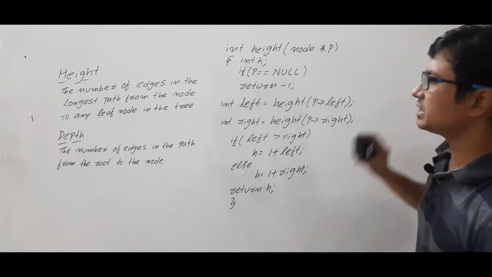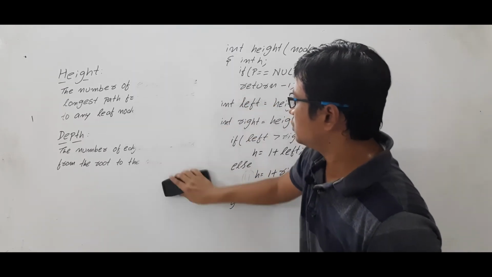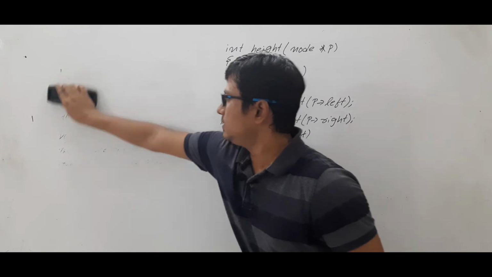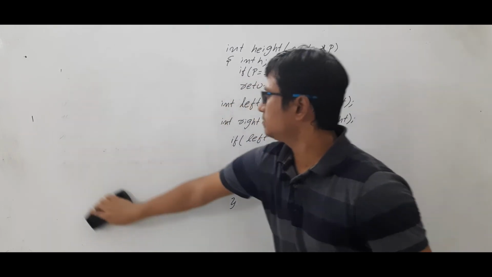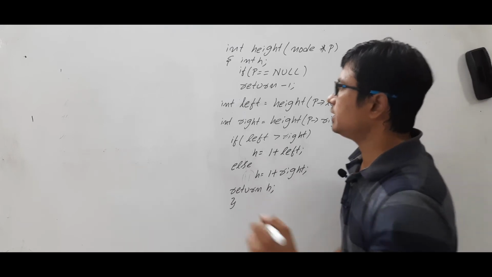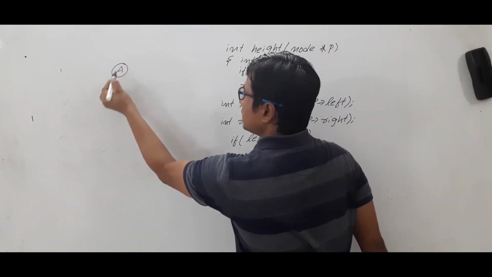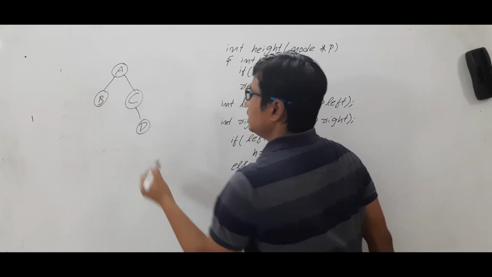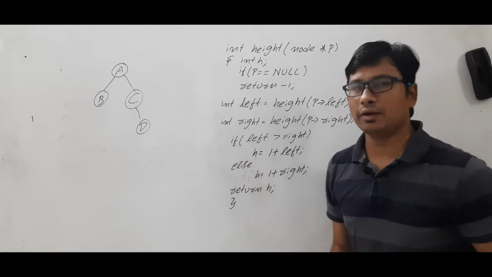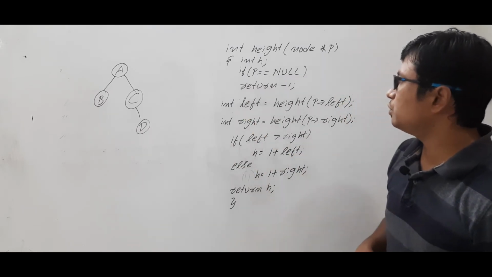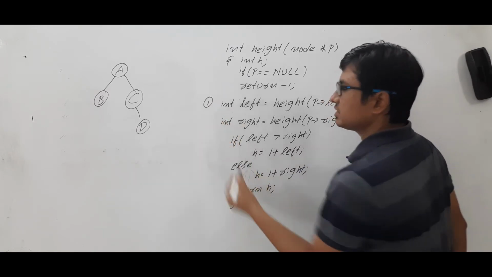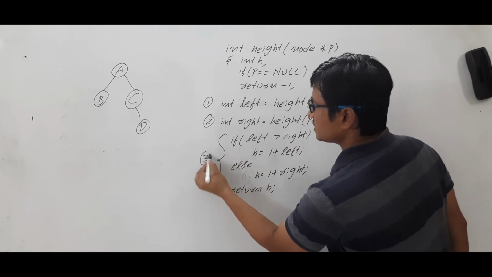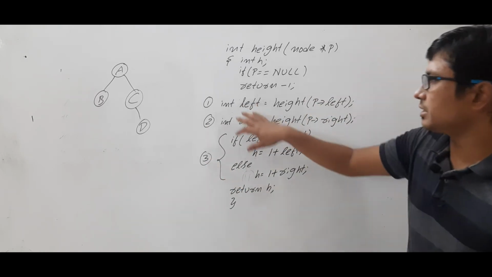So now let me discuss with an example so that you will understand how this program will work. Let me take a binary tree where A is there, B is there, C is there and D is there. Let's make it simple so that the traversing will be very easy. Now this is step 1 I will consider, this is step 2 I will consider, and this entire part I will consider as step 3,